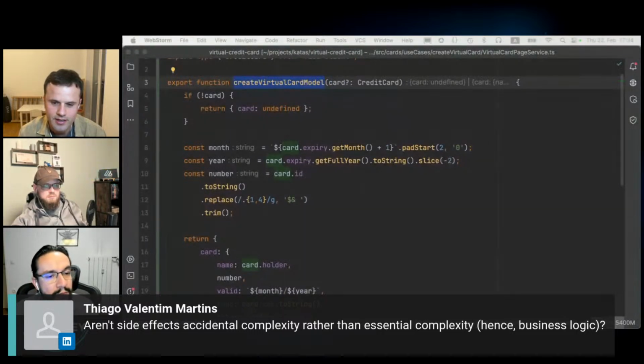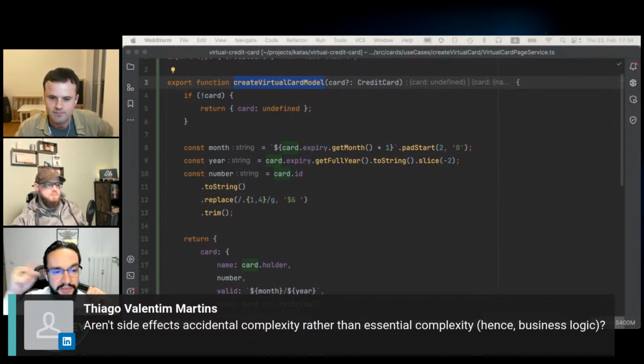Well, my comment here would be that since it is defined in Nik's ticket, it is not accidental, right? So the side effect is part of the intended behavior. Now, the fact that it carries complexity, we actually want to test cover the part of complexity that is intended behavior. But we don't want to cover the part of the complexity that is not intended behavior. For example, what is the app secret for the SDK? That we don't care about. That we don't want to have in the test. Because that is accidental, the fact that it has an app secret.